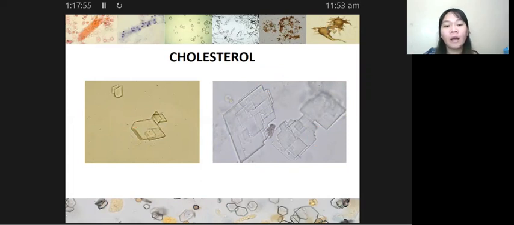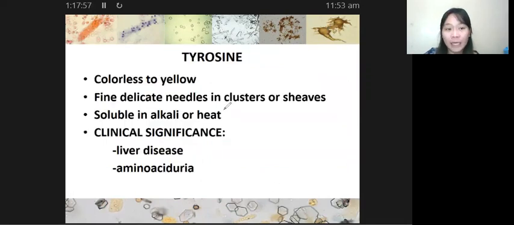Malapit na class. Okay, next we have your tyrosine. So tyrosine, they appear as colorless to yellow fine delicate needles, which are usually arranged in clusters or sheaves. So they are soluble in alkali or heat, and clinical significance po niya, it is noted in liver disease as well as